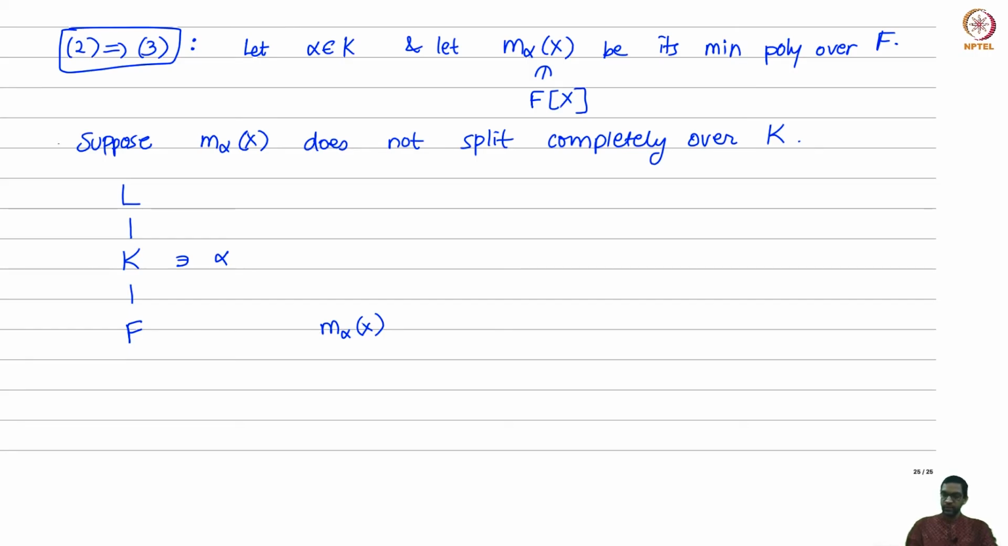But what we are assuming here is that M alpha does not split over K. In other words, when I write out the factorization of M alpha of X into a product of irreducibles over K, all factors are not linear. I don't get n roots in K. So not all roots of M alpha lie in K. So some roots you will only see in higher extension fields. Okay, so in particular I will certainly find all n roots in L, so let's go to L so that M alpha splits completely there. So since L is algebraically closed,